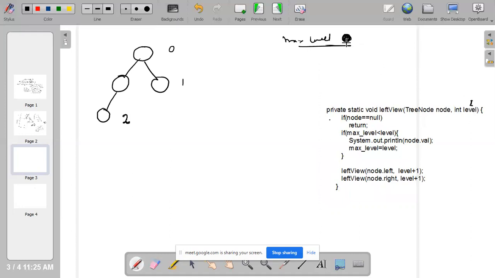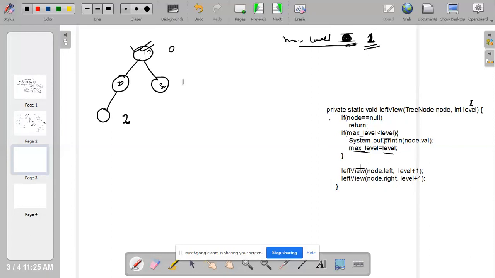So in the first case, max level is less than or equal to level: 0 is less than or equal to 1, right? Let's say this is 10, this is 20, this is 30. It will print 10, and max level will become level. So max level will be updated to 1.